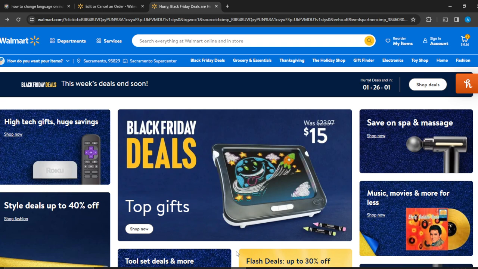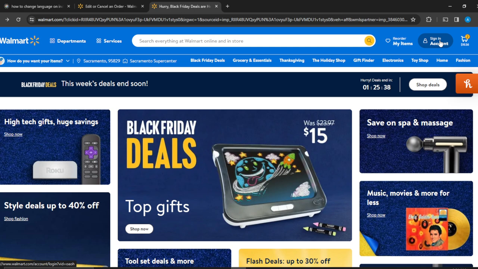At the top corner, you're going to find the search bar. In the search bar, type walmart.com and it's going to take you to this website. Top right corner, you're going to find sign in account. Click on that and follow through the processes to create your account. And once that's done, then we can now head into today's task, which is how to add a promo code on